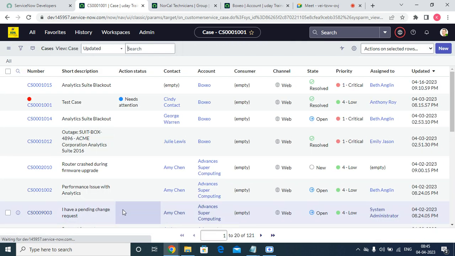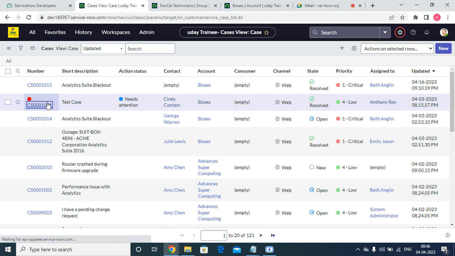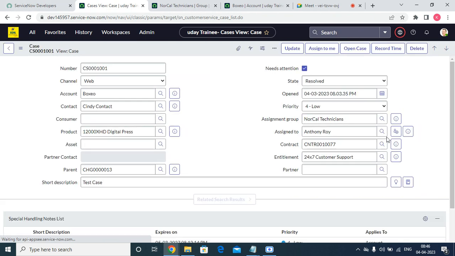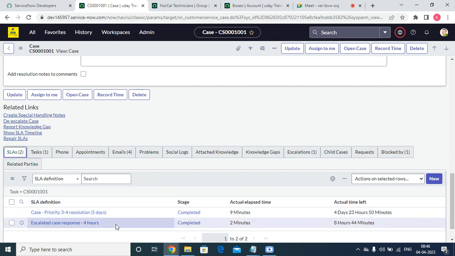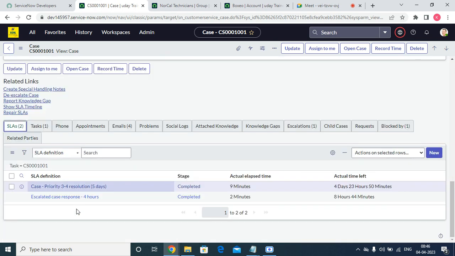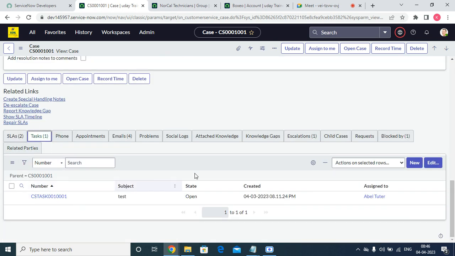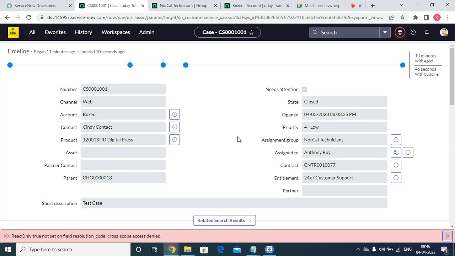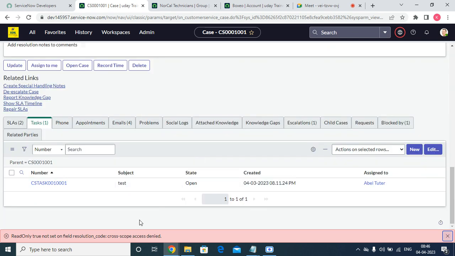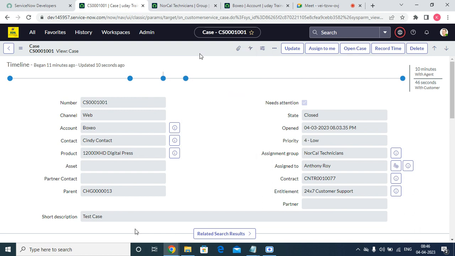So now what happened? The case is closed. If you open this one, the proposed case will go to the resolved state. From there the user can open this one, see the SLA, and the case response is also completed for the same thing. And this task is not closed, so we are supposed to do it for the same thing. If all is good, we can mark this one as closed. And if I save this,